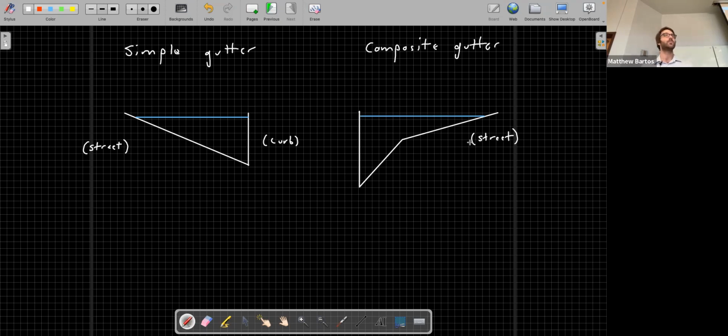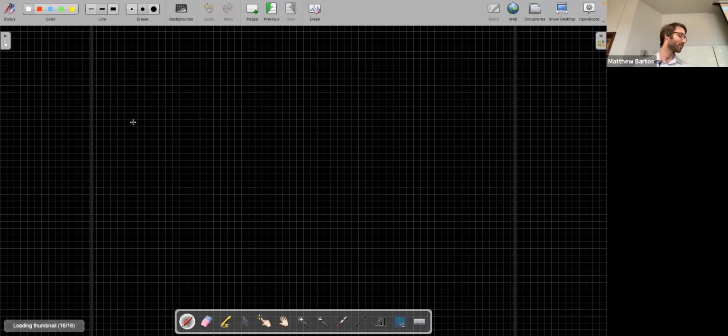Okay, cool. Are there any questions on different types of gutters before I move on? Cool. Okay, so what we're going to need for our gutter design is essentially a way of relating the expected discharge in the gutter to the spread across the roadway. So that's what we're going to be looking at for this next part. How to relate the discharge in a gutter